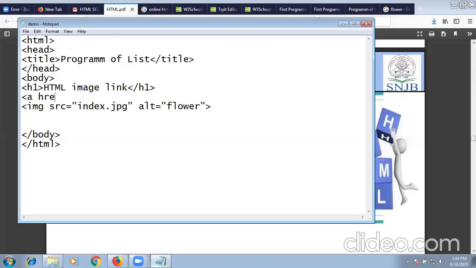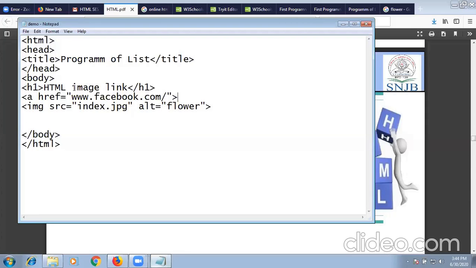Always remember, for giving reference you have to use href. Equal to, in double quote I will use Facebook link, www dot facebook.com. I will close it. Okay, so I will save it.